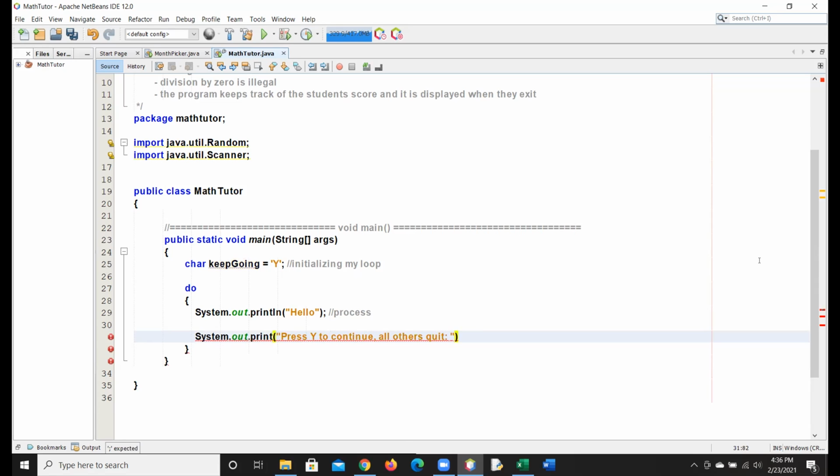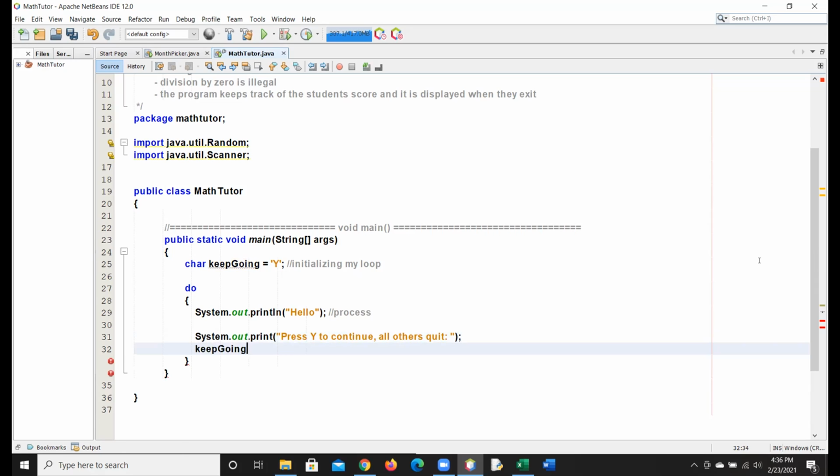Looks like that. And here I'm going to change keepGoing to be equal to